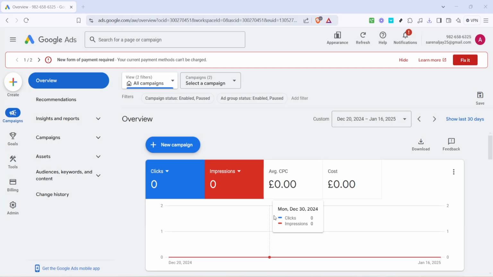In today's video, I'm going to teach you how to enable auto tagging in Google Ads. This is a crucial step if you want to accurately track the performance of your ads and gain deeper insights into user behavior. Auto tagging is an essential feature that automatically adds a parameter to the URLs people click through from your ads. This helps you gather detailed information about how your campaigns are doing in Google Analytics. So let's dive right in and get started.